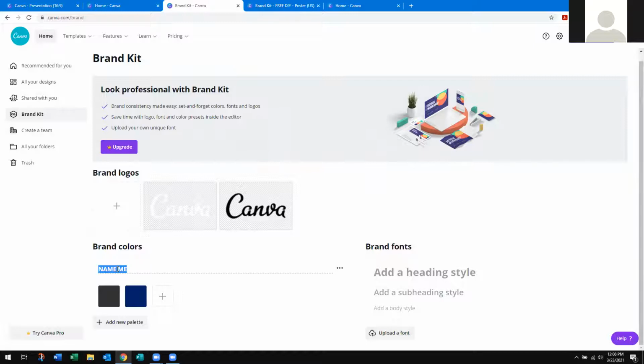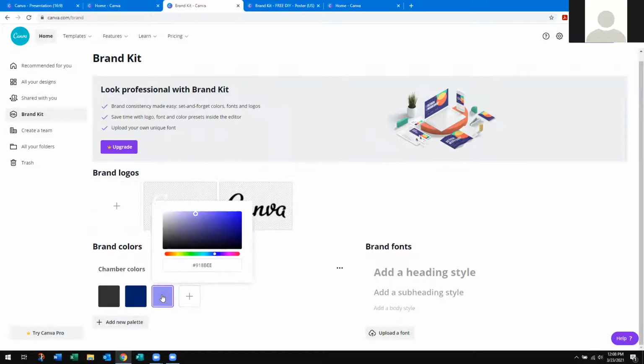So you can name the brand colors, and so these are our Chamber colors. And there's a couple colors already uploaded here. If you wanted to remove a color, you just simply click the X. But here we want to add a new color. We've got a red in our logo. So we click the plus, and it opens up this menu where we can enter our brand color, which I know is CC0000,